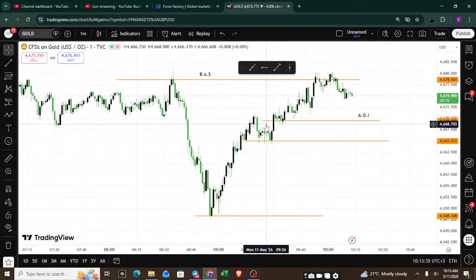So price looks as if it wants to come back to the area of interest. But if it does not come back to our area of interest, we end the game there. We come back tomorrow and continue playing the game. But as I've told you, the most important part of the game is understanding you as the player. What are your rules? And what is going to protect you?